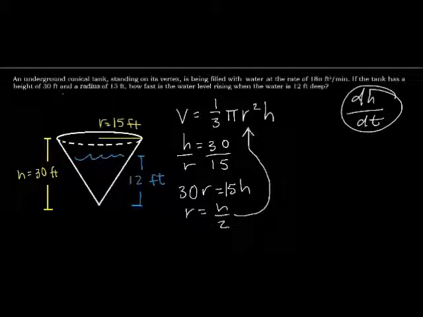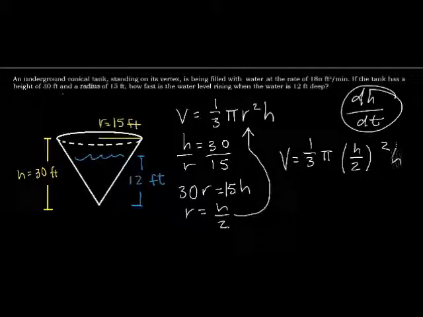Using this, we can sub this into the r and rewrite the equation as V equals 1/3 pi times (h over 2) squared times h. And ultimately, we can also simplify this into V equals, h squared times h is h cubed,